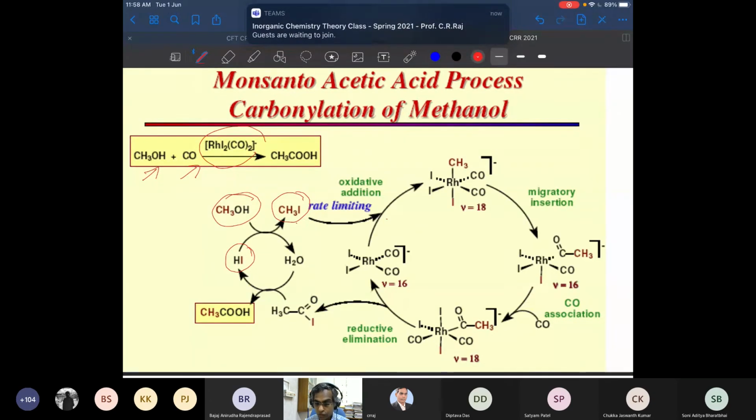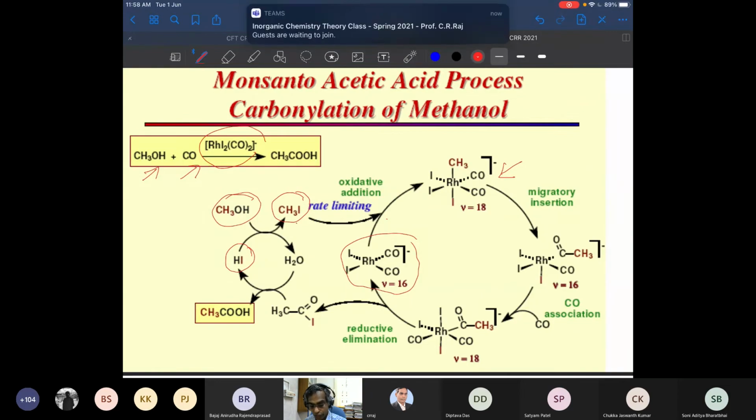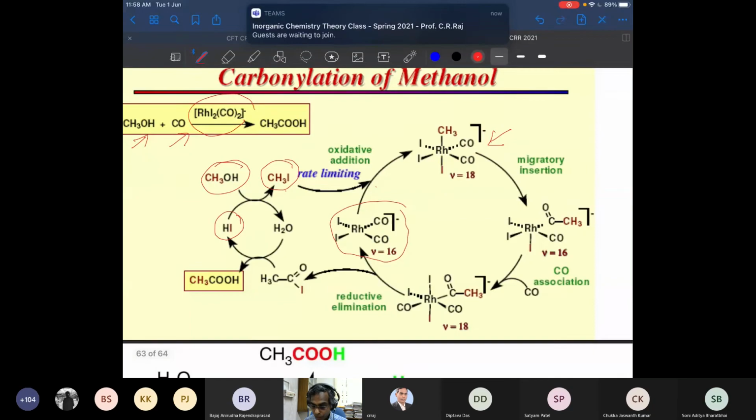An oxidative addition is taking place, and your 16 electron complex becomes an 18 electron complex. The oxidation state is increased by 2 units. As a result, the 16 becomes 18, and then a migratory insertion,